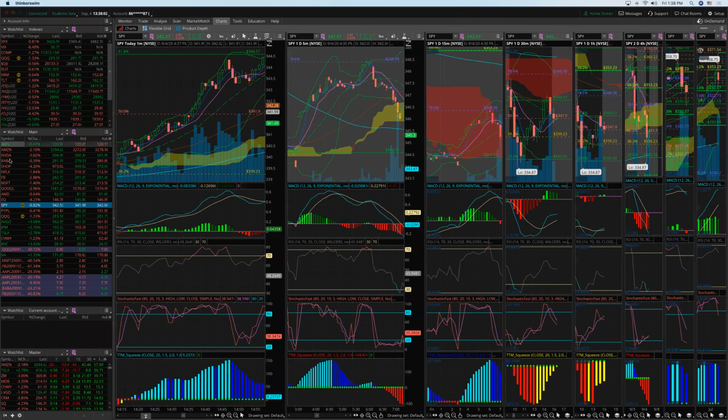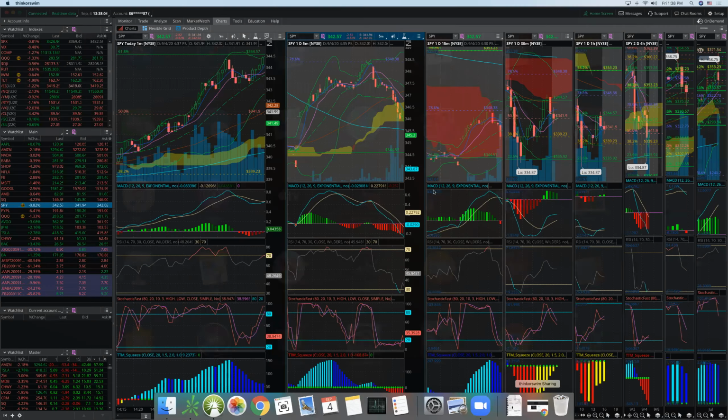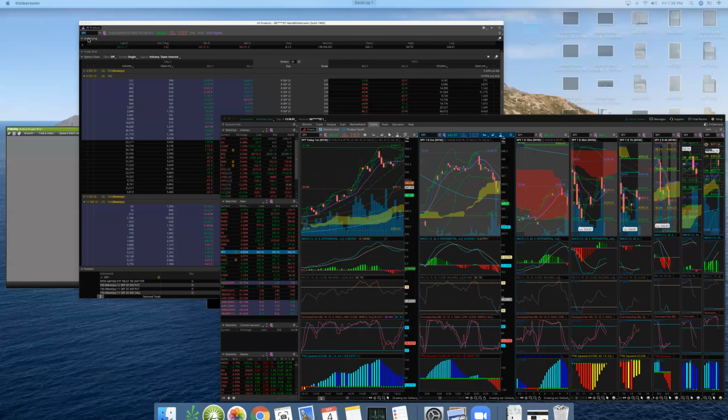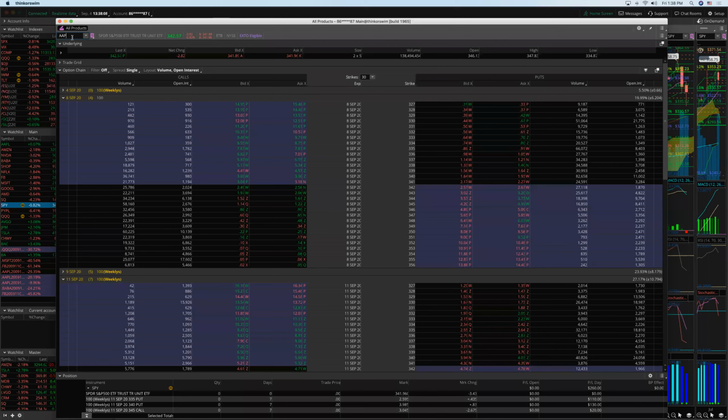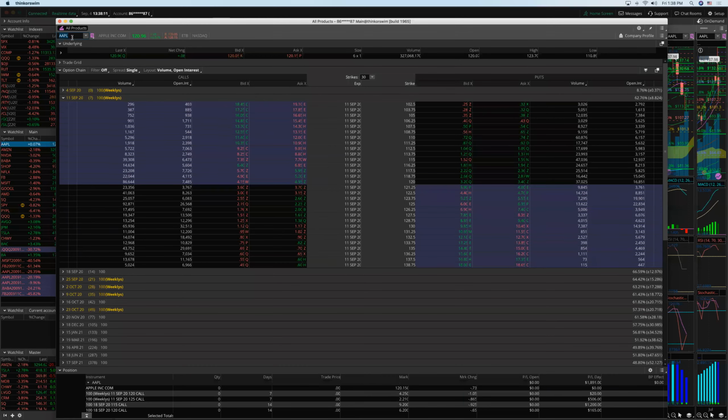Okay, for example, on Apple, same thing. Because it went to 110, the lowest one, the best one to play was 115. You can see here, 39,000. And then after that, you could have played at 120, which, look, 186,000. So always pick the most round numbers, the close one.